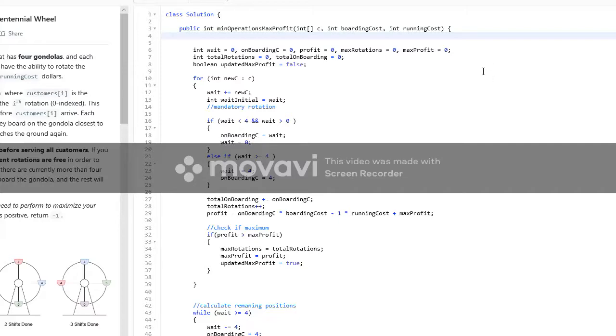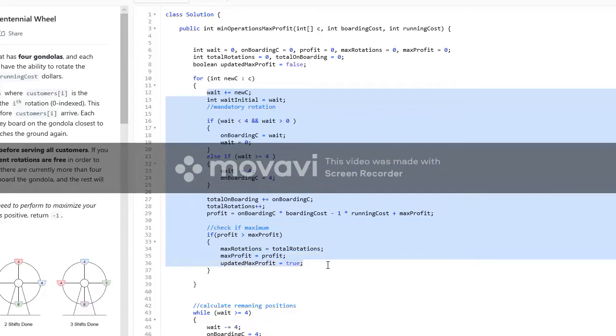So I had to implement it twice, and my solution is divided into two steps, just as I explained. I do mandatory rotation, which is the rotations controlled by the input array.